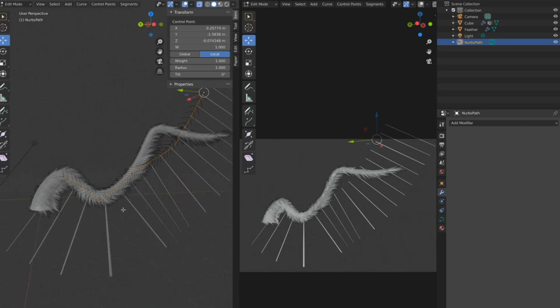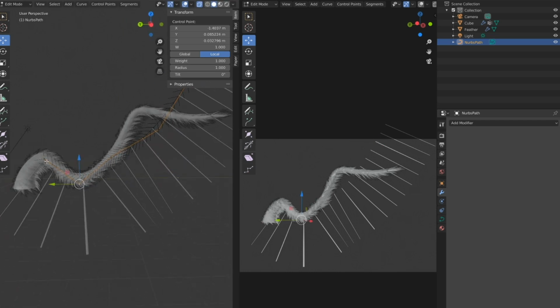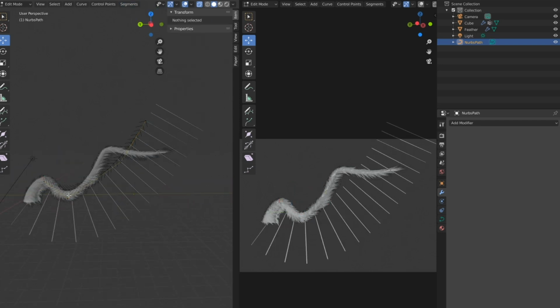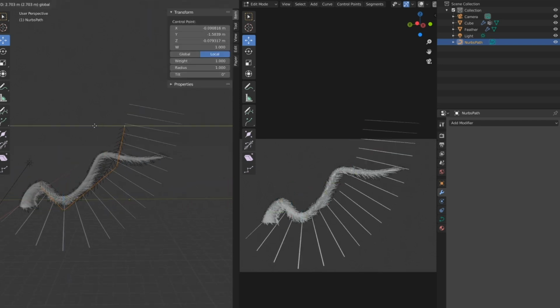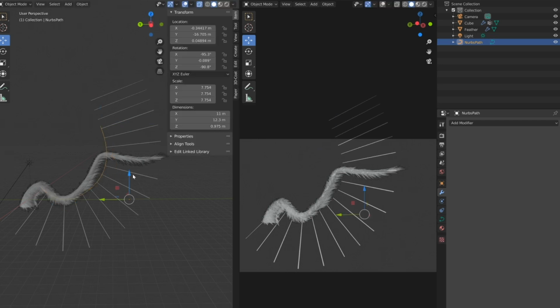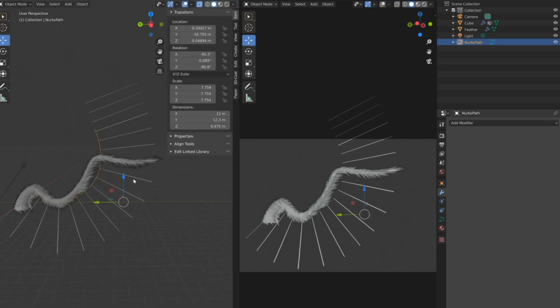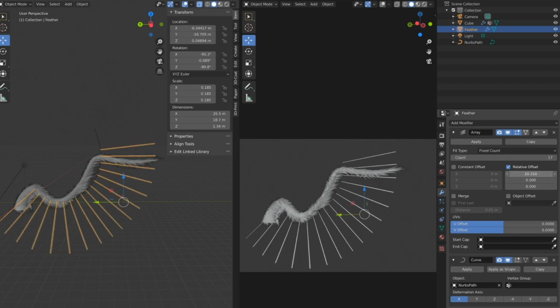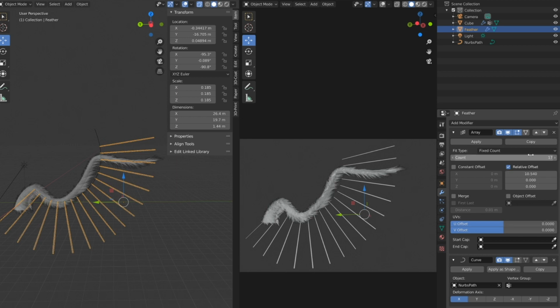What I'm not liking is that there's hardly any over here. I don't know if I can fix that or not. So kind of like something like that. And I'm going to turn this down because I don't need... Actually, I'm going to change the offset so we have more feathers here. Okay, and then turn that down to like